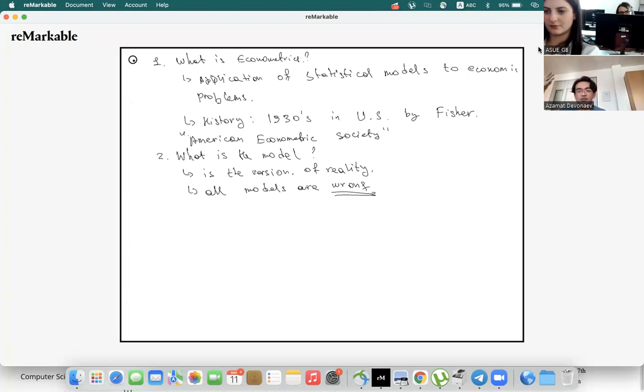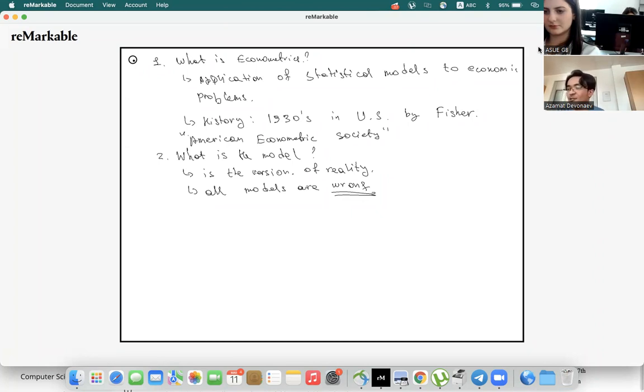So maybe after 10 years or 100 years, we will see another guy coming and saying that Einstein's model doesn't work now, so we need to build something new, because all models are approximations, and when you get a better approximation, it's a new model. So this is what a model is.